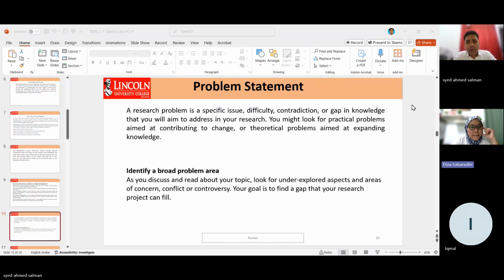Yes, understood, sir. Okay, now you might look for practical problems aiming at contributing to change, or theoretical problems aiming at expanding knowledge. So from this paragraph, we are able to know there are two types of problem, practical problem and theoretical problem. For the practical problem, you are going to change. You are going to provide the solution. For the theoretical research gap, you are expanding the knowledge. Okay? Example,